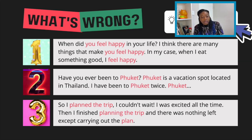When did you feel happy in your life? I think there are many things that make you feel happy. In my case, when I eat something good, I feel happy. Now, another problem that I had with this paragraph is the word happy. When I looked for the synonyms of the word happy, you had things such as cheerful, glad,